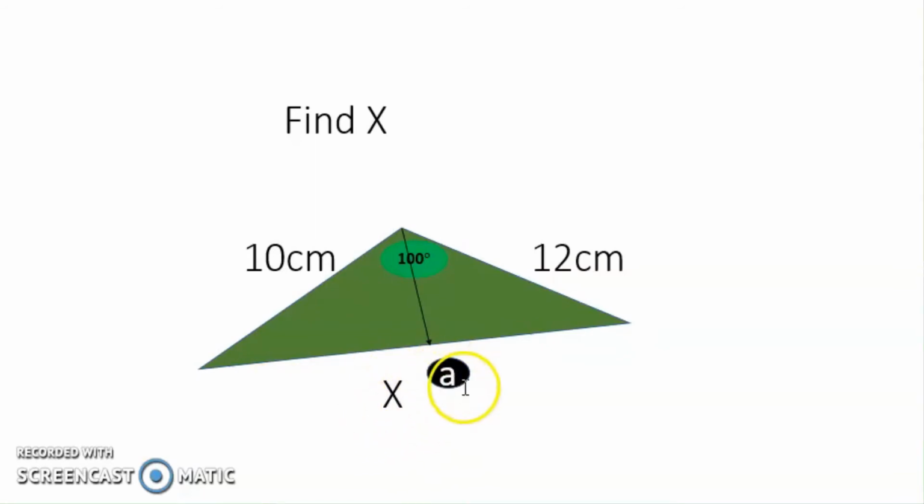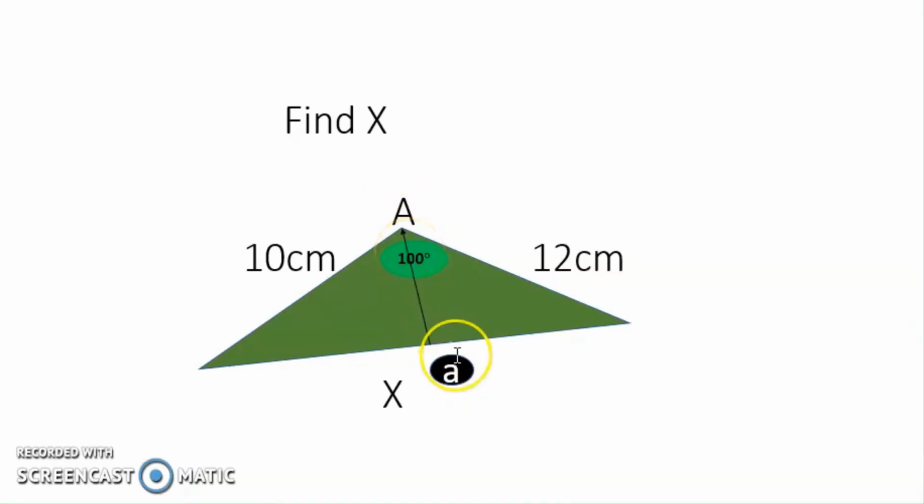Always label the side you are trying to find small letter a. Please don't forget that, very important. Now, if this is small letter a, then the angle opposite it will be called capital letter A. So since we have known this to be small letter a and the angle here to be capital letter A,